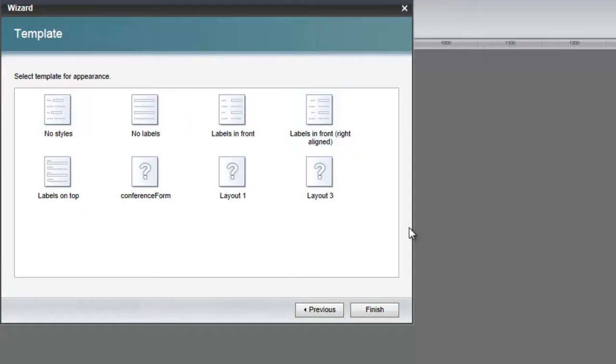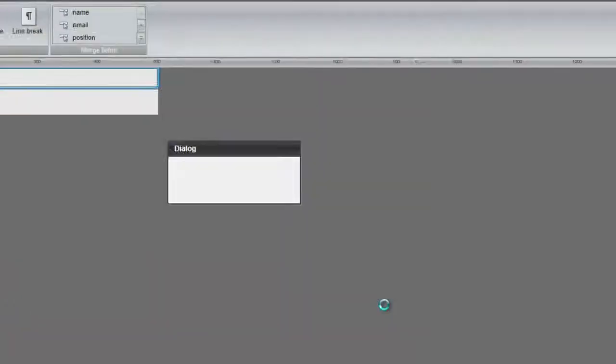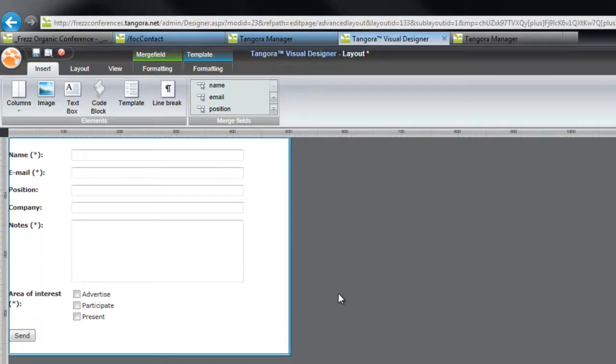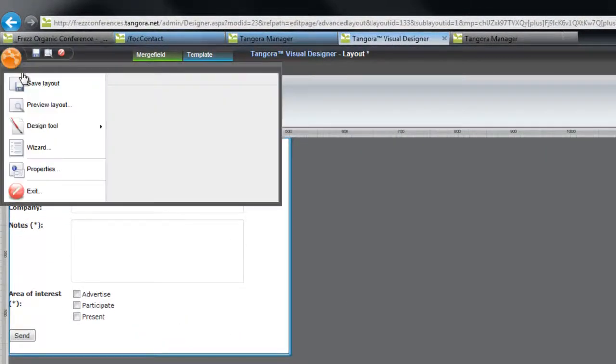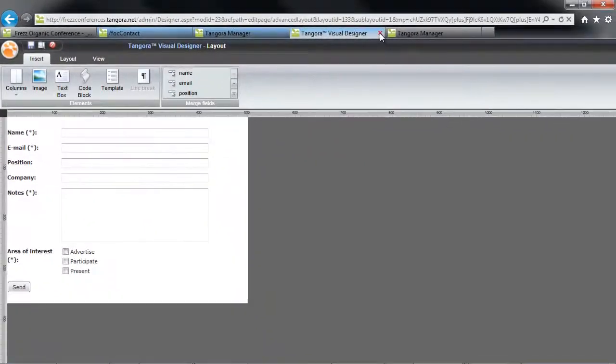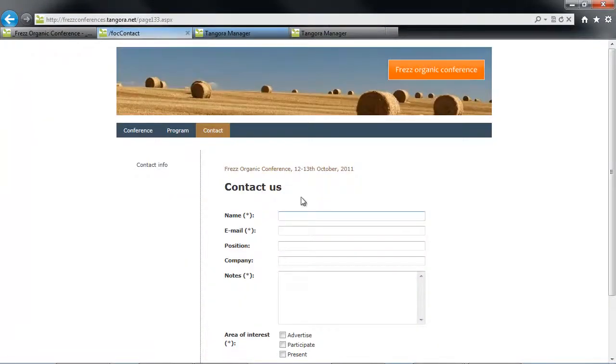Finally, I need to choose which layout I want to use. These layouts determine where the label will be positioned in relation to the fields. I'll choose Labels in front and then hit Exit, and as you can see, my layout is now created. I could, by the way, run the wizard again by choosing the Tangora button and Wizard. So at this point, I could actually save the layout, close the layout window, and if I view the page live now on my site,